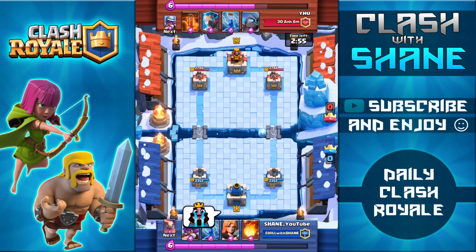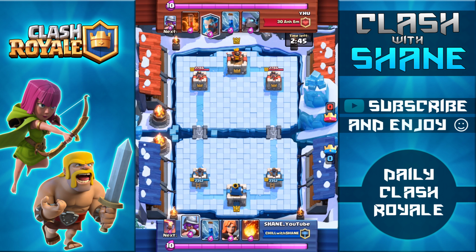Now, he's using your typical Giant poison strategy with the Ice Wizard, the Mini P.E.K.K.A., the Musketeer, as well as the Electric Pump. As you can see right there, my reaction to facing off against a level 10 opponent as a level 8. Now, he's going to go ahead and start doing a slow push on the left-hand lane with